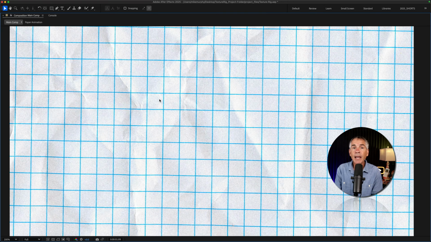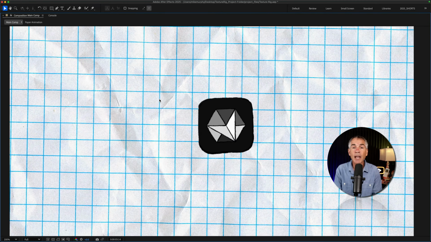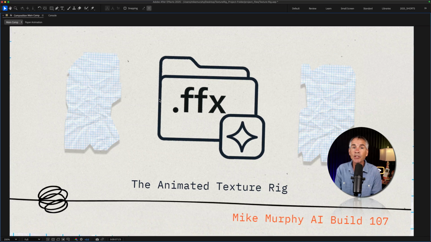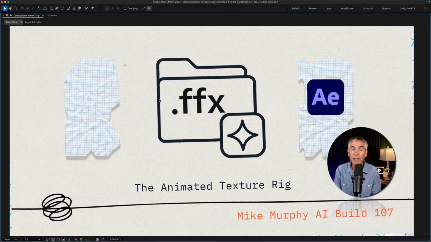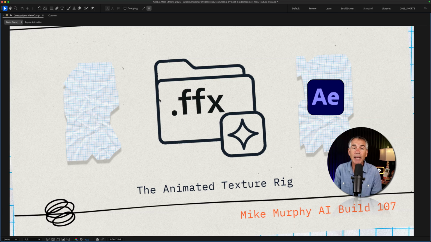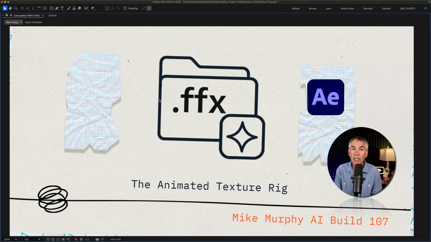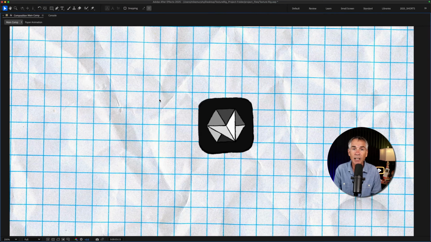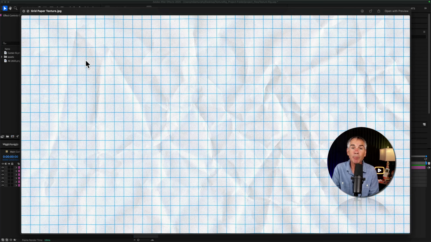In today's AI build, we're going to use Cursor AI, the smart code editor, to build an animated texture rig for Adobe After Effects to make it easy to drop in any texture or multiple textures and animate it with that stop motion hand-drawn style. The idea behind this build is to simply speed up the process of animating textures in a stop motion hand-drawn